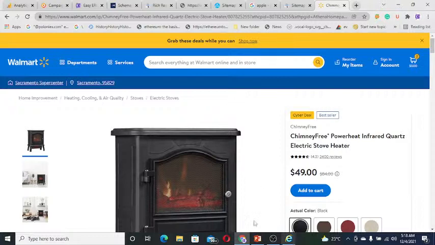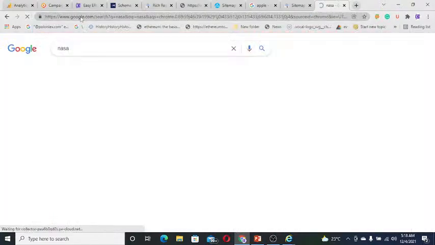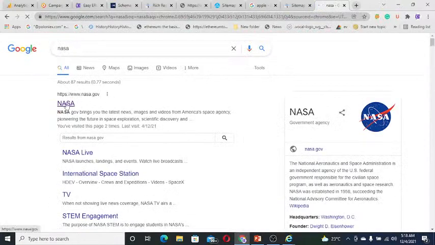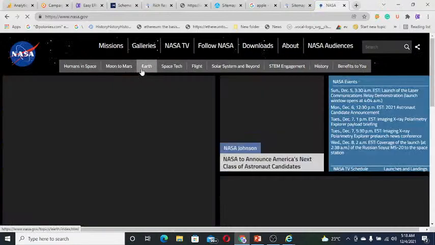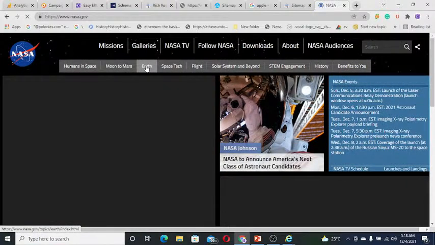This is attribute based breadcrumbs. And if I show you an example of location based breadcrumbs, here if you click NASA or some other website which uses them, even Google uses breadcrumbs, which is very simple as that. And if I go to Earth or something like that,